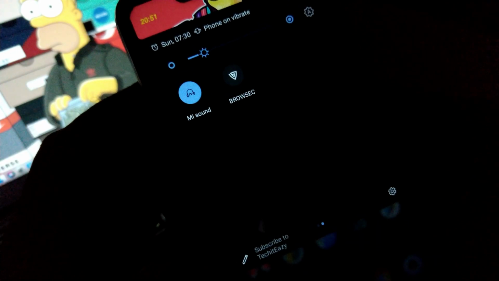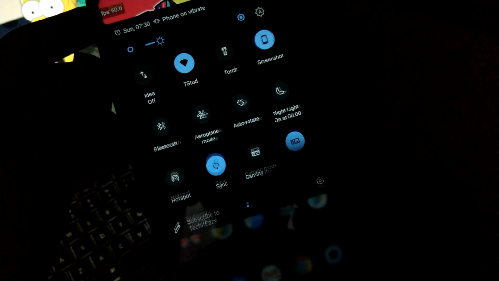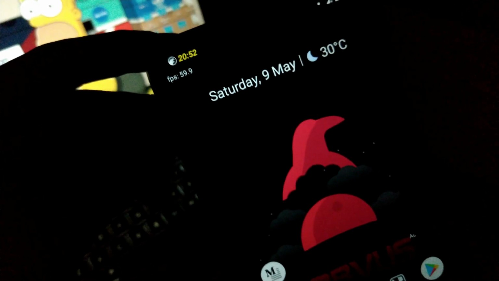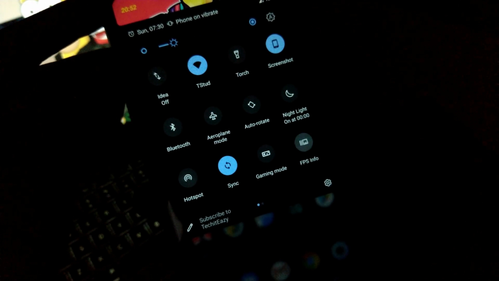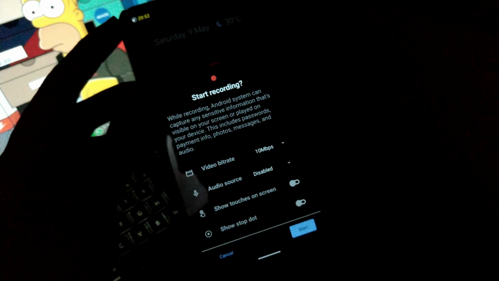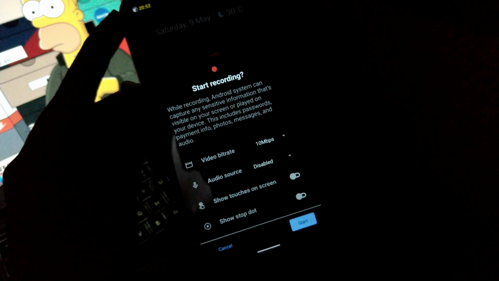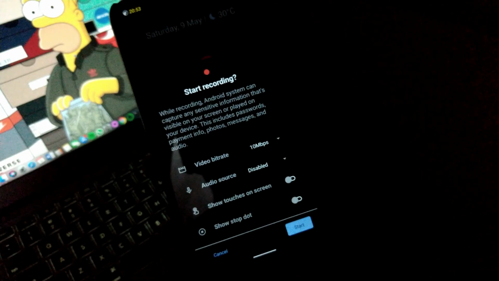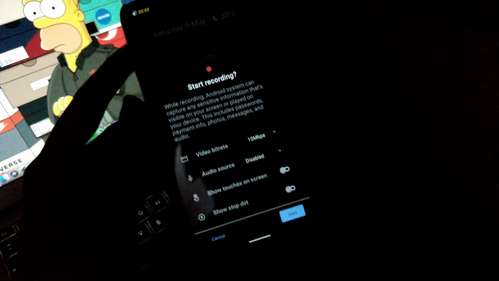So next is the FPS information. Moving towards the FPS information, yes, again it's very useful for gamers while gaming, so that you can see every frame while gaming. You can also have the screen recorder, which is also a small update, which will also help gamers to record the in-game sound and to record any other application in which you want the inner sound.